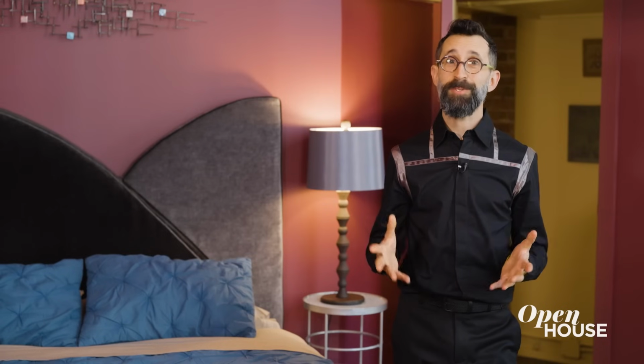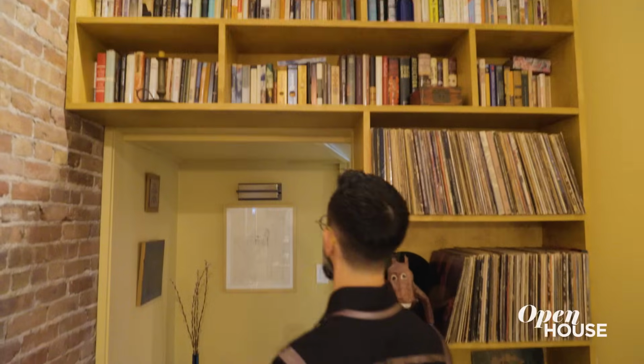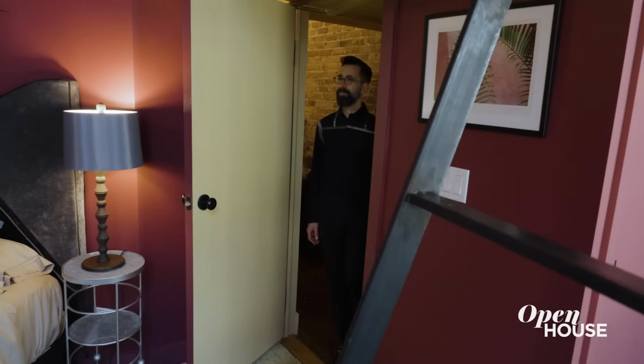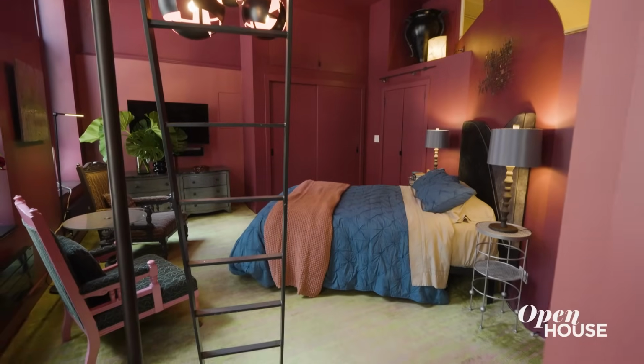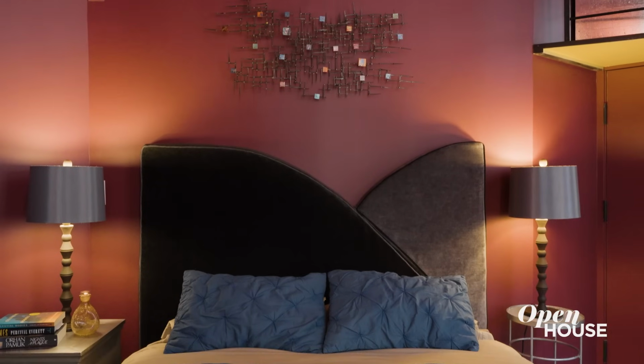For the bedroom, the most intimate part of the home, I wanted to create some separation from the rest of the spaces. So to get here, I created a passageway through the built-in bookcase. And once you arrive, the first thing that strikes you is the deep saturated color in here. And central to the bedroom, of course, is the bed, and the headboard here is an Art Deco piece that